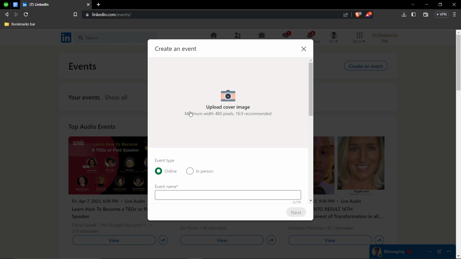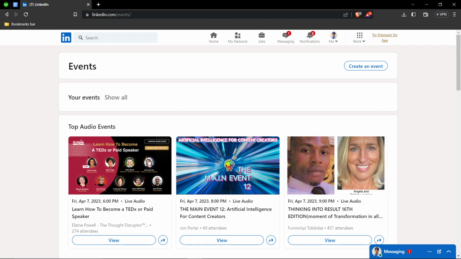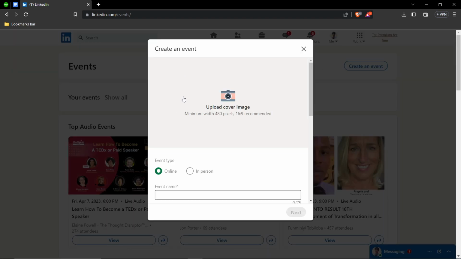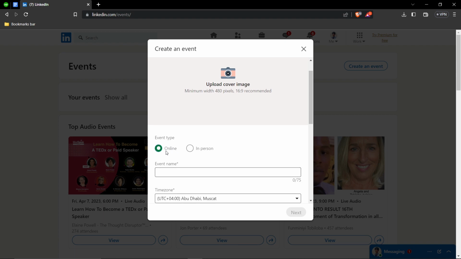then you can upload a cover image. By cover image I mean these images like these, the cover images. So you'll have to upload a cover image, then you'll have to decide whether your event is online or in person. In my case it's going to be online, so I'm just going to choose online, and then you can put the